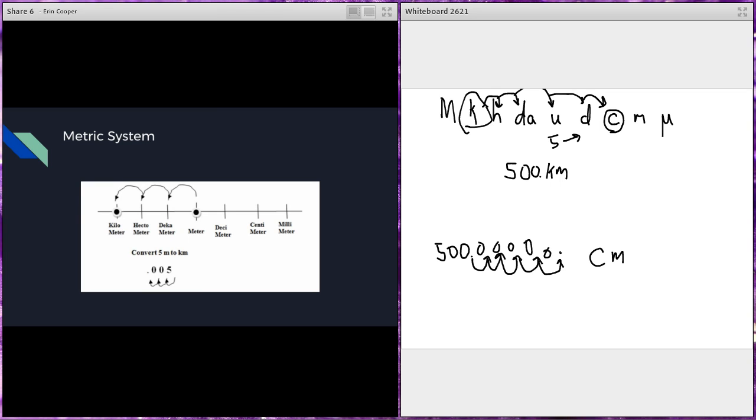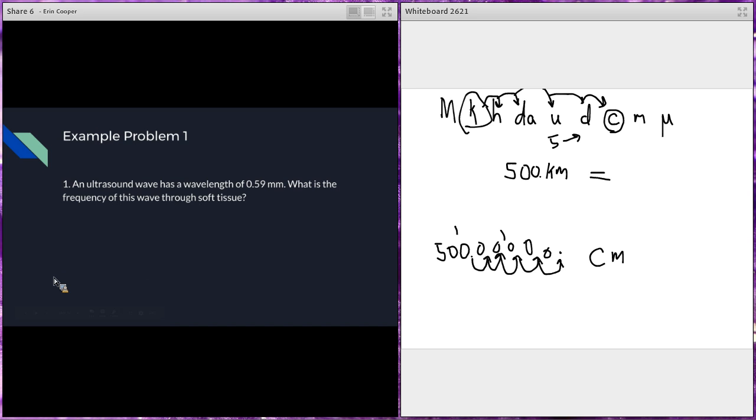So 500 kilometers is the same as 50 million centimeters. So that's how you would convert within the metric system. All right. Now that we know that, make sure to go back and review this if necessary. Now that we have that down, let's take a look at some example problems that will use